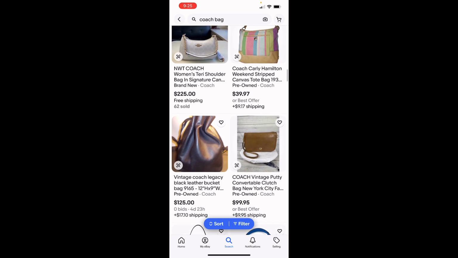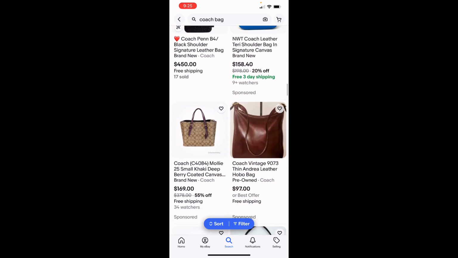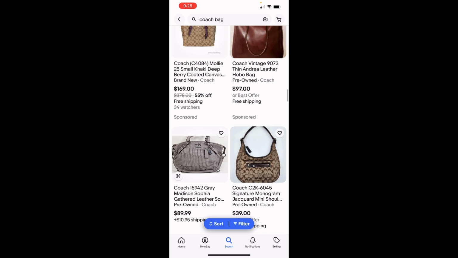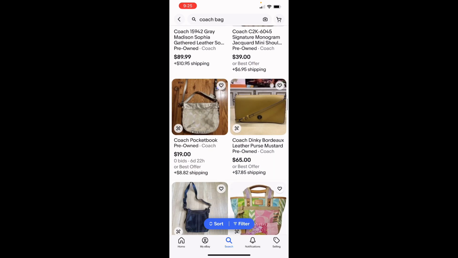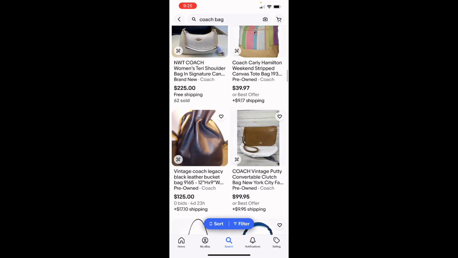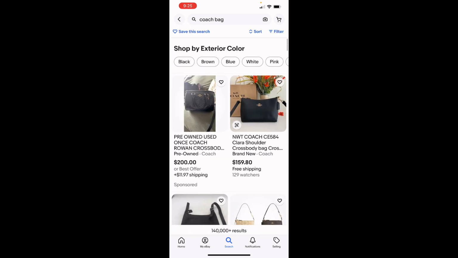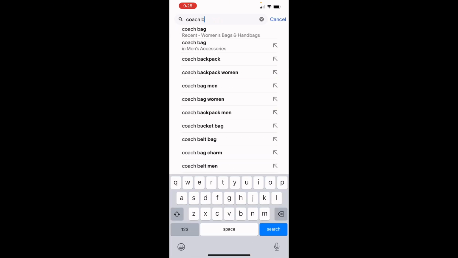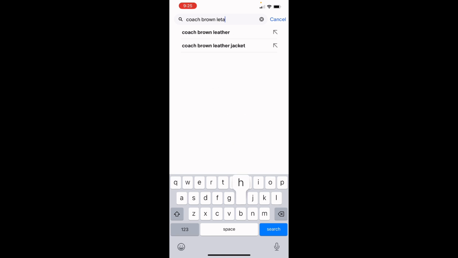That's why I chose this item, because there are too many bags to get an idea of what my Coach bag is valued at. There are tons of them. I need to narrow it down a lot more than that. The number does not show up on a mobile search of how many Coach bags are available on eBay, but it's many, many thousands. So let's get a little more specific and say Coach brown leather